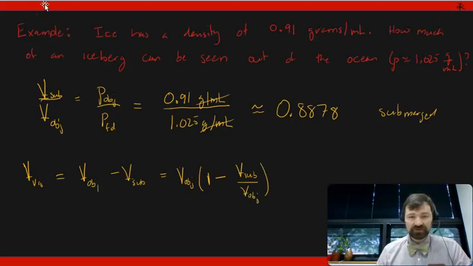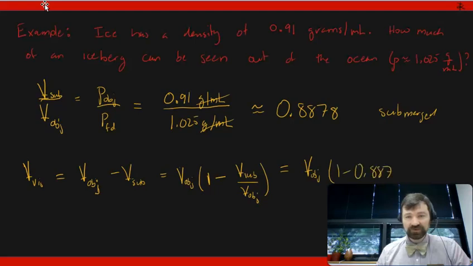Basically, I've just divided and multiplied both of these terms by V object, so a clever version of 1. So that becomes V object times 1 minus 0.8878, and so if you want, you could say V visible over V object, dividing both sides entirely by V object, is equal to